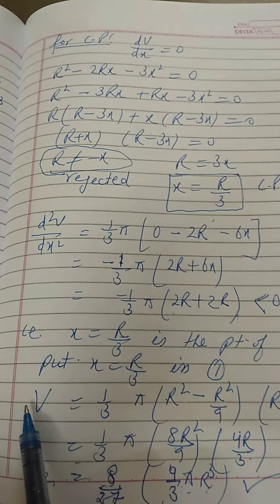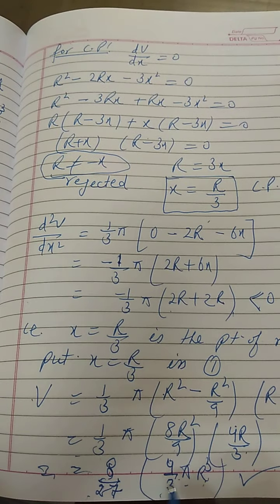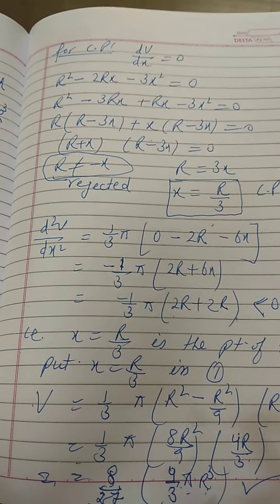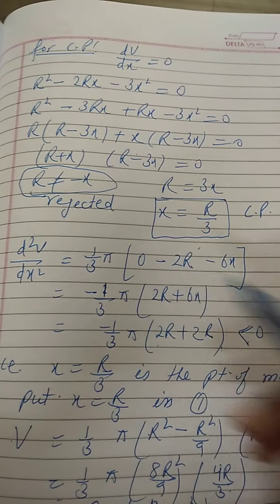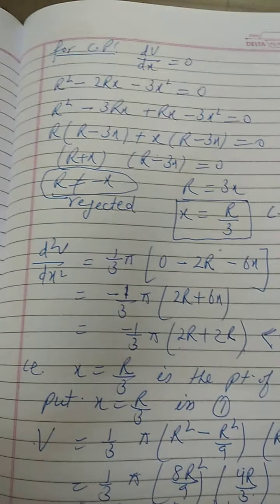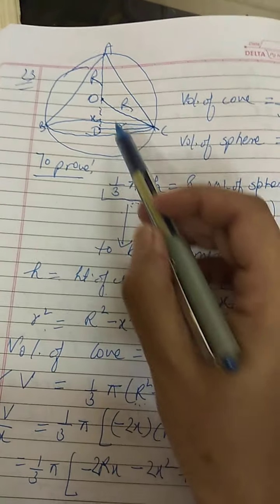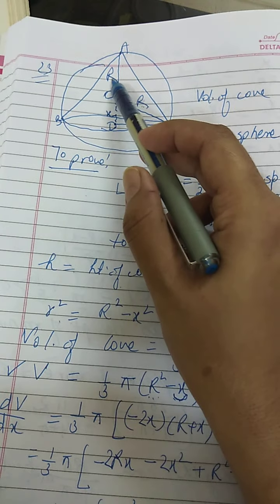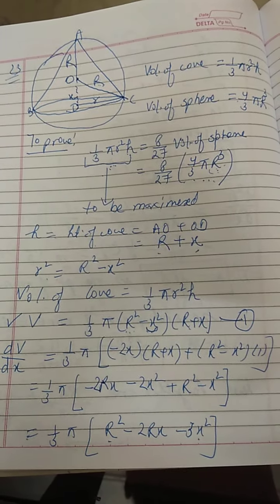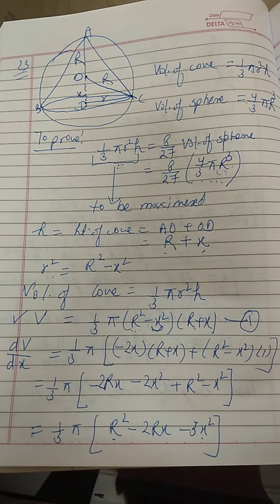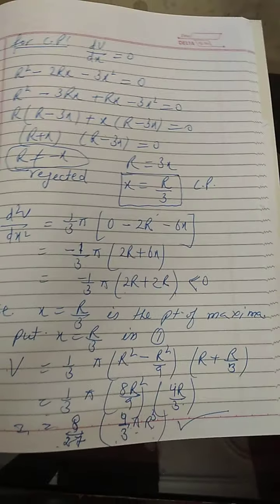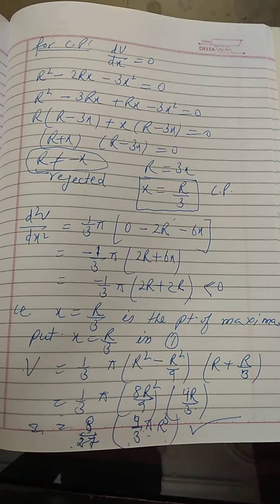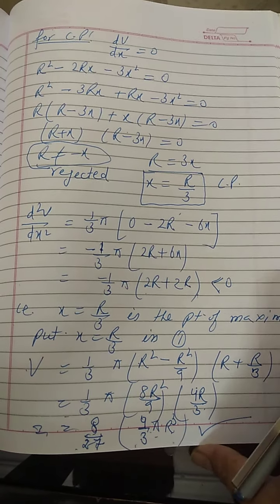So we have proved that volume of the cone is coming equals to 8 by 27 times volume of the sphere when the cone is largest cone, that is when the volume of the cone is maximum, and we made the relationship between capital R, small r, and the height as capital R plus x. I hope the sum is clear. It is important sum, so I want everyone to do this sum systematically. Don't miss the steps, because these are important sums and each and every step is important, right?